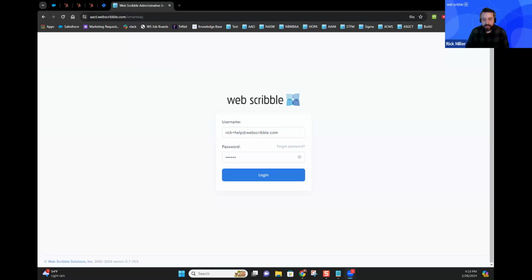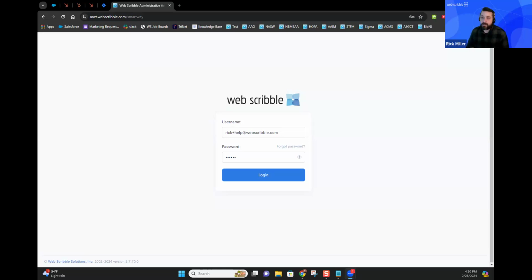So everyone has access to their Smartway admin panel. And Smartway is basically the C panel or the administrative side of your job board and career site. It's where you log in and gauge what your members are up to, how they're using your job board. You can view a lot of other really useful information inside Smartway.